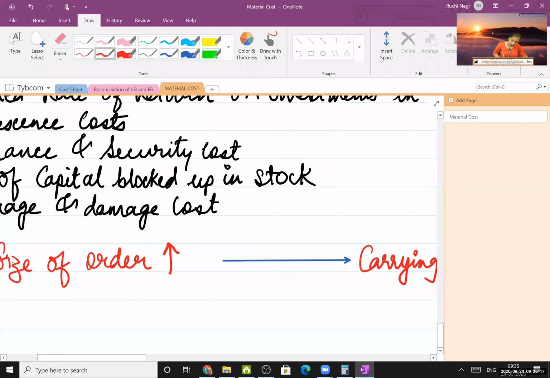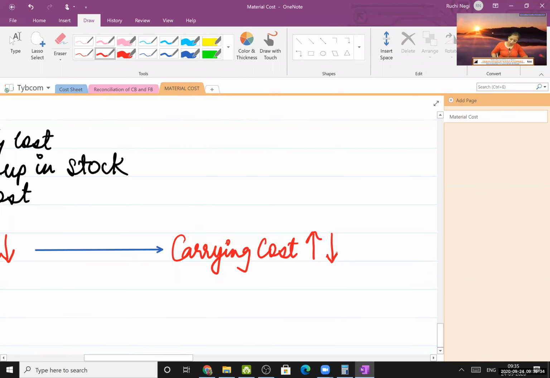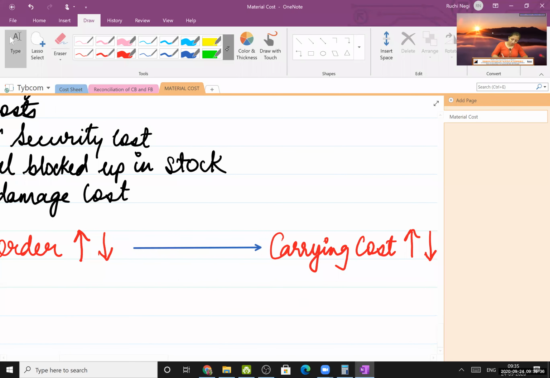फिर मम्मी तुम्हारी ज्यादा राशन ला रही है तो मम्मी का स्टोरेज कॉस्ट तो बढ़ रहा है ना। मम्मी कम राशन लाएगी तो कम होगा स्टोरेज कॉस्ट। तो इट हैज डायरेक्ट रिलेशनशिप। ये इंक्रीज होगा तो ये भी इंक्रीज होगा, ये डिक्रीज होगा तो ये भी डिक्रीज होगा। दिस इज कॉल्ड डायरेक्ट।